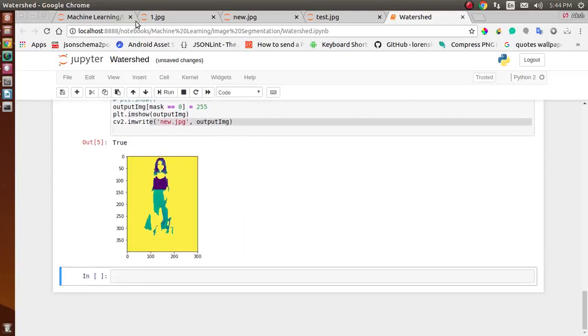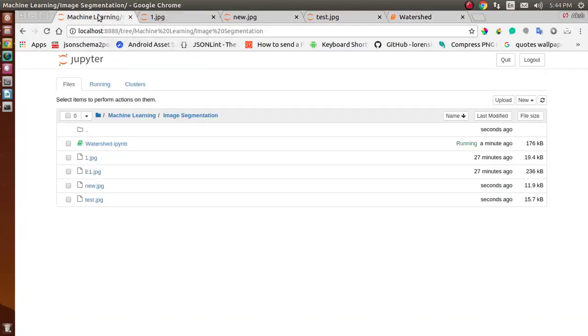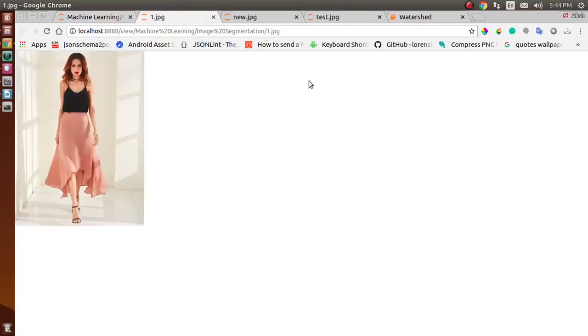So here you can see we have a slight subtraction also in some places. Just have a look at these images here. This one is our original image we downloaded.